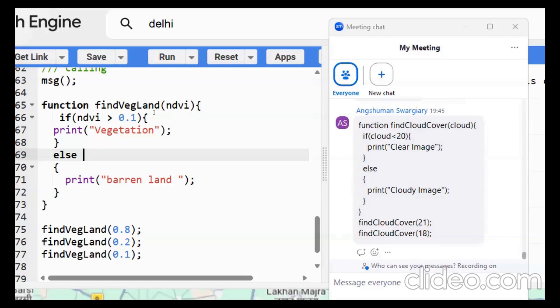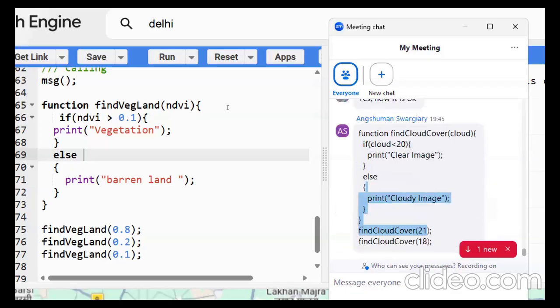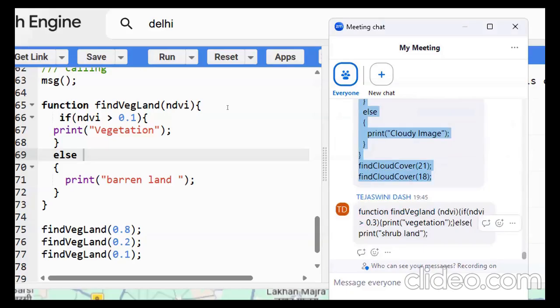So we got one output from your side. Let's check their code, whether it works or not. If cloud is less than 20, it's clear. Else it's a cloud image. Fine. Yes, it's a perfect one. And the validation, NDVI is greater than, if, the find validation function, NDVI. Yeah, this code is also good, but